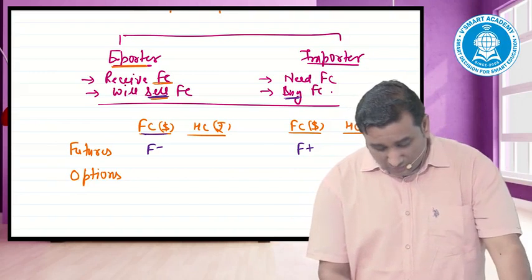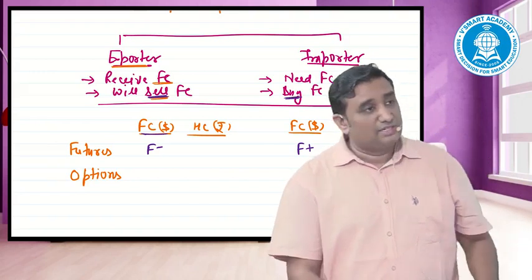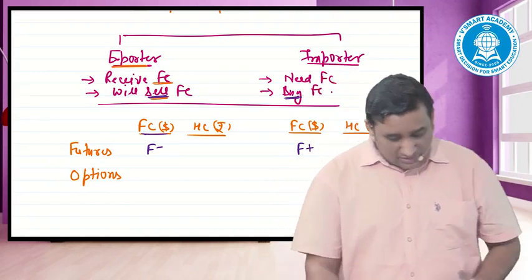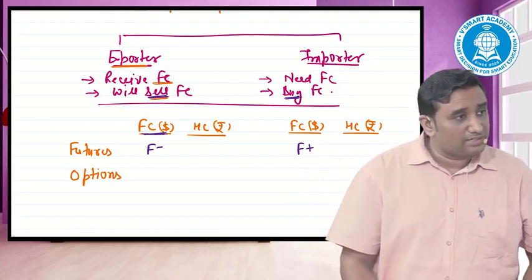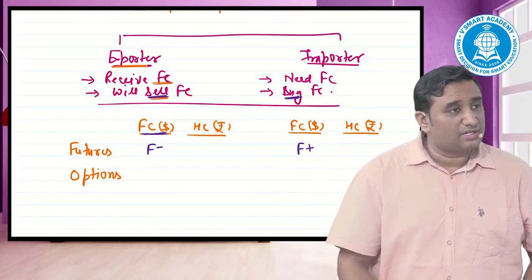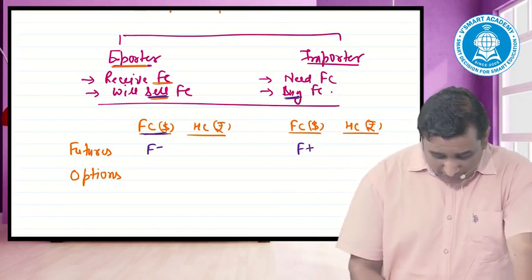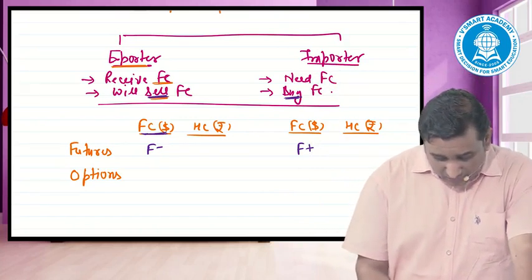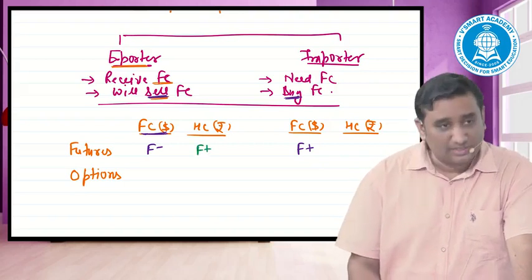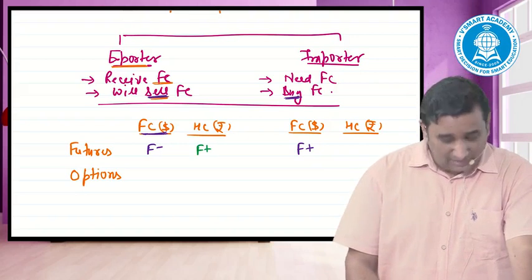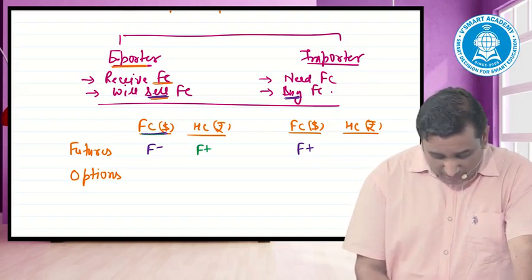If it's a case of an importer, I need to buy foreign currency, which means I have to go for F plus. By chance, the question says the contracts are not available in dollars, contracts are available in rupee terms. If you are selling one currency, it would mean buying the second currency automatically, so go for F plus. I'm saying it again, the objective was selling of this currency.